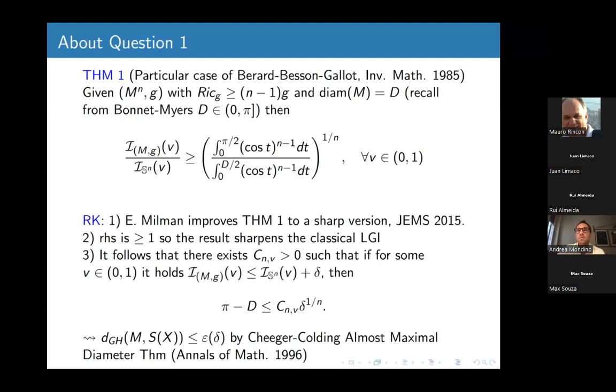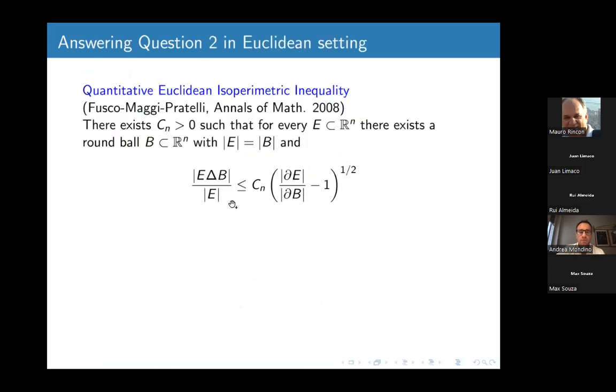Okay, so when you have smooth manifolds, then the Cheng maximal diameter theorem tells you that the manifold must be isometric to the round sphere of radius 1. But if your manifold has a diameter close to pi, then you may not be close to a sphere of radius 1 in Gromov-Hausdorff sense. You're going to be close to a spherical suspension, which you can think of as a kind of lemon, okay? A non-smooth analog of a sphere. All right.